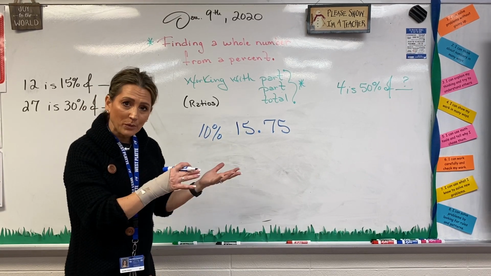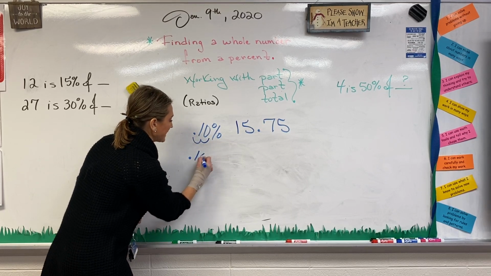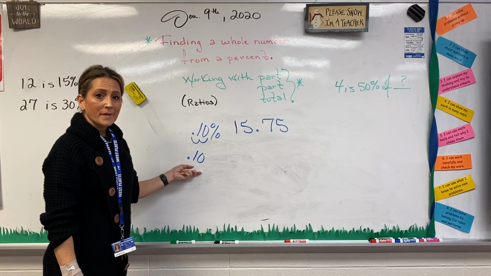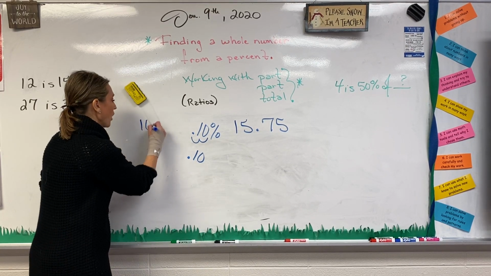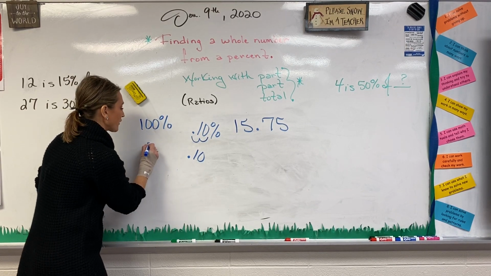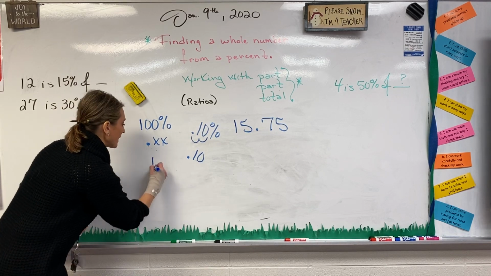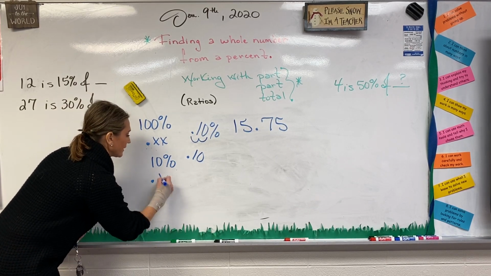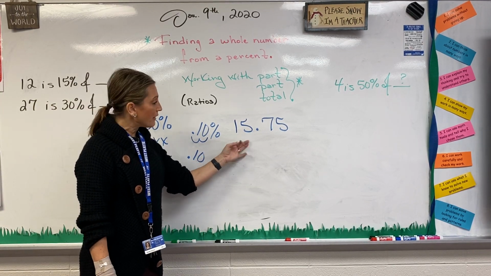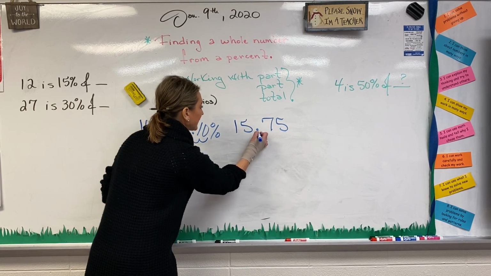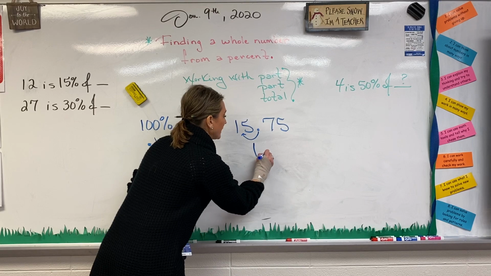I can do exactly what we did yesterday. I can convert that into a decimal and make it 10 hundredths. Or, because we know percents are based on 100%, and we know that that means 2 spots behind the decimal, then we must also know that 10% is 1 spot behind the decimal. So to find out 10% of $15.75, I simply move the decimal 1 spot, and that gives me